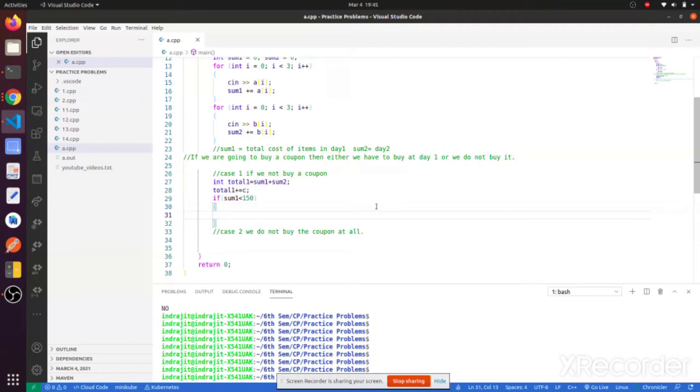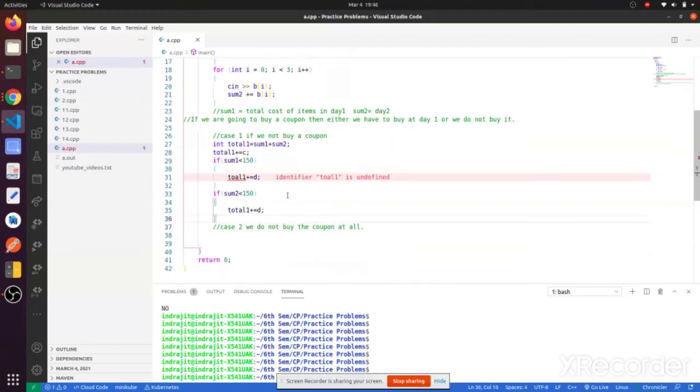And then we will check if the total item cost on day 1 is less than 150, then we have to give the delivery charge, in spite of having the coupon. So I will make this plus equal to D. I will add the delivery charge, and same thing for day 2 also. If our total item cost in day 2 is less than 150, we have to give the delivery charge.